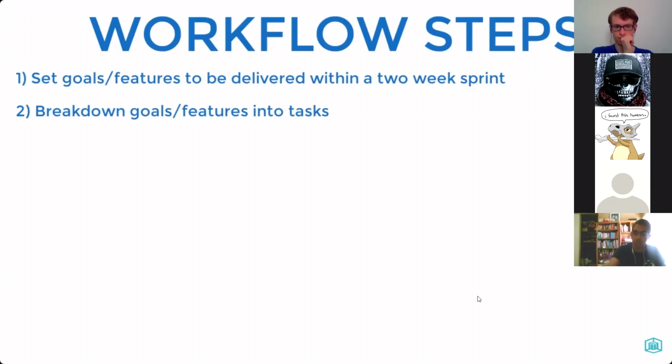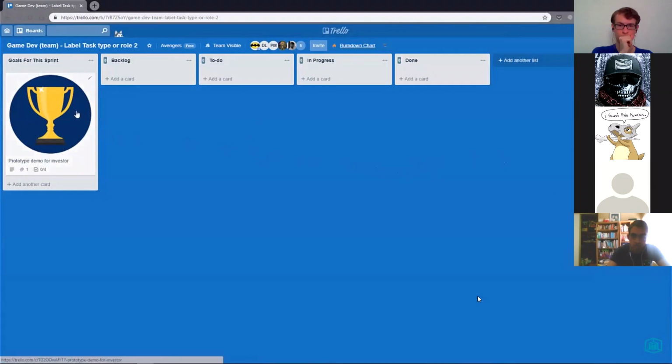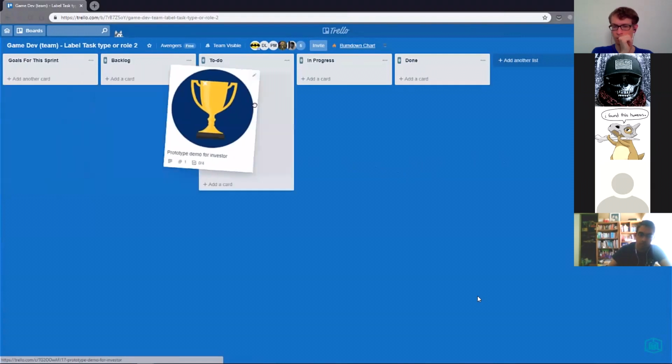So jumping back to my Trello board, as I mentioned earlier, it's better to have goals listed down in the form of a card so that the team can easily refer to it throughout this process. In case you don't know, cards, for example this one, reside within lists in Trello, and they can be easily moved around.